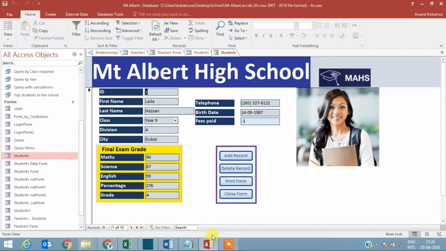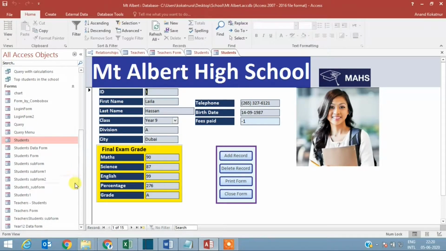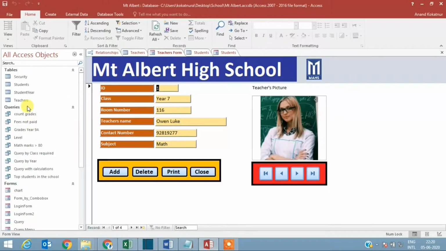Hi everyone. Just a recap on what we have done so far. This is a student's form which has all the relevant data. We have already done this in part 1. Then I have the teacher's form with all the relevant data. I have created several queries and now we are going to move on to the next object, a very important component,